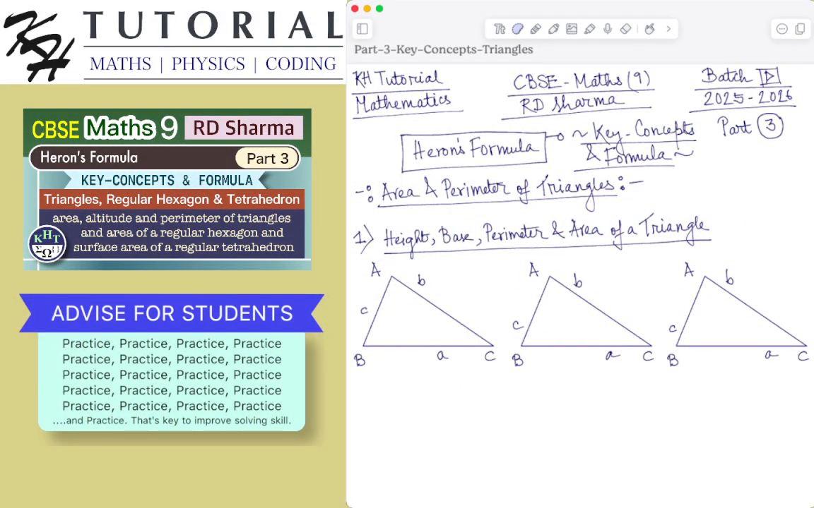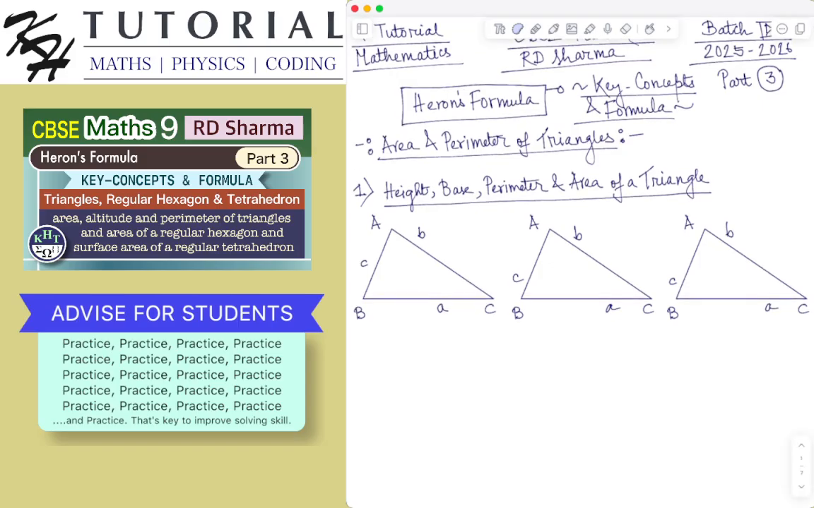Okay, so first of all, let's say we have a triangle, let's say a scalene triangle ABC. So how do we find the area and perimeter of a triangle? The perimeter is very simple. It is the sum of the length of all the sides of the triangle. So perimeter P,